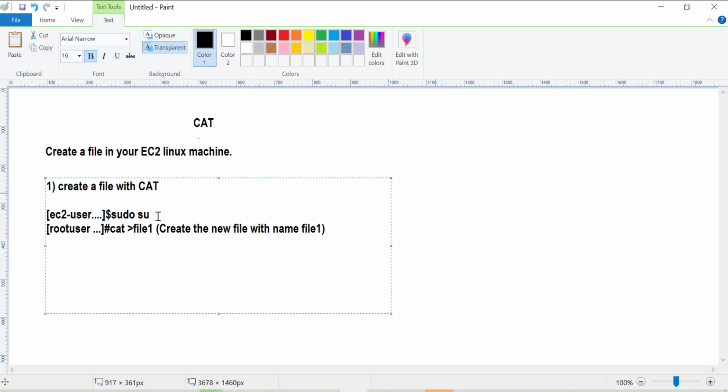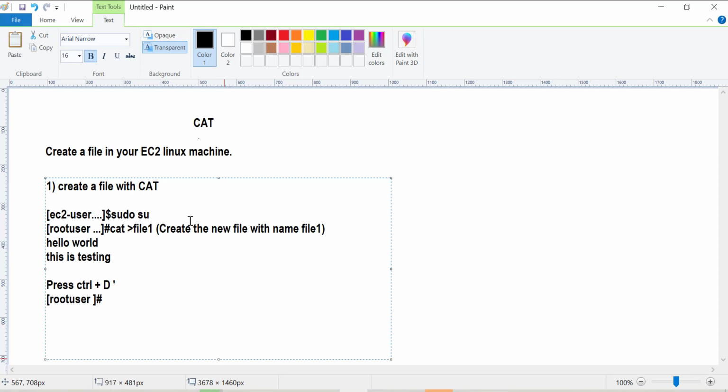As soon as you press enter here, it will ask you for some content. Let's say you're writing hello world, this is test. Whatever you want, just write the content of the file. Then you need to press Ctrl+D to exit. After pressing Ctrl+D, you will exit and land on the prompt again.